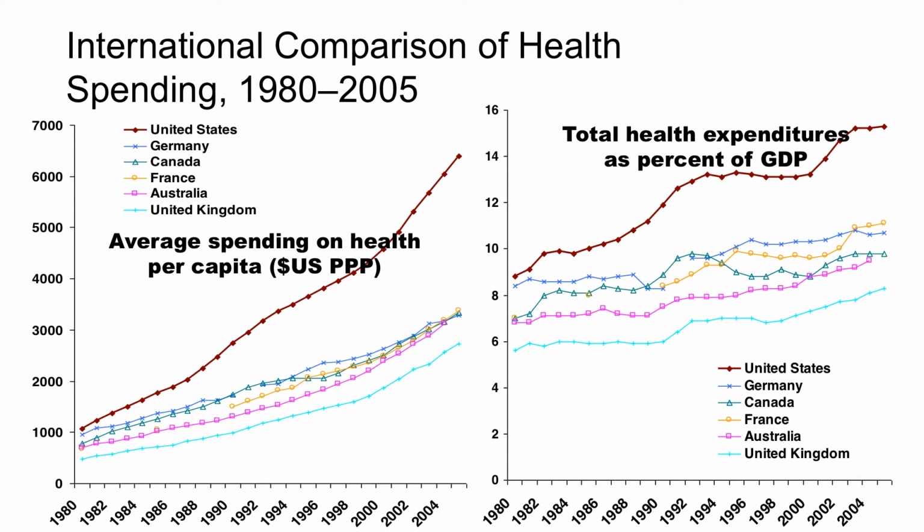How do we compare to other countries? Familiar theme, people sort of talked about in the popular press. Generally, we have been taking off. Actually, in 1980, we were not that far off from much of the other industrialized countries when we compare purchasing price parity, which sort of looks at different market baskets of goods. We've been pretty much accelerating. We accelerated even more so in the early 2000s, a lot of that with hospital and some additional physician services. We actually got closer to Europe and the rest of the world in the 90s, but didn't continue on that